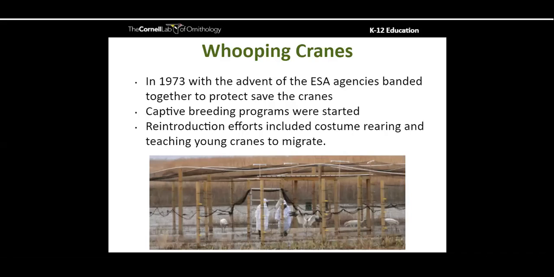By 1973, with the advent of the Endangered Species Act, a bunch of agencies, both in the United States and in Canada, banded together to try and save the species. And they began captive breeding programs where they took 1 of the 2 eggs from the nests that they finally found at that breeding ground in Wood Buffalo in Canada, and then raised them in captivity using all sorts of different techniques. But they decided eventually to begin a reintroduction program and raised